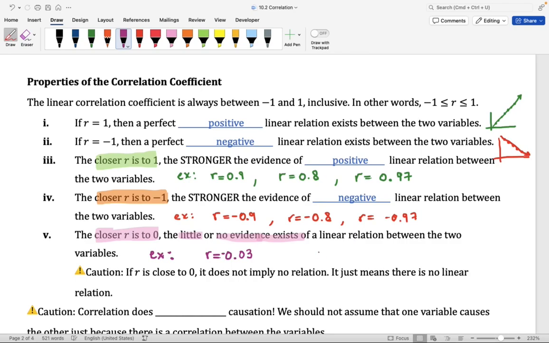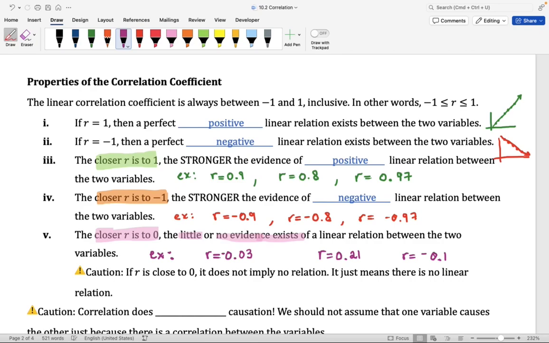Let me give you more examples. R equal to 0.21 or R equal to -0.1. Those values get closer to 0. Here again, we're thinking there might not be a linear relationship. Now, be careful. When we're talking about R, we're talking about a linear relationship. This R value describes how strong the linear relationship is and the direction of that linear relationship. So when we see that R is really close to 0, we're going to say that there's no linear relationship.